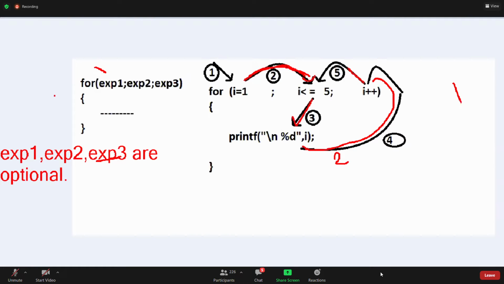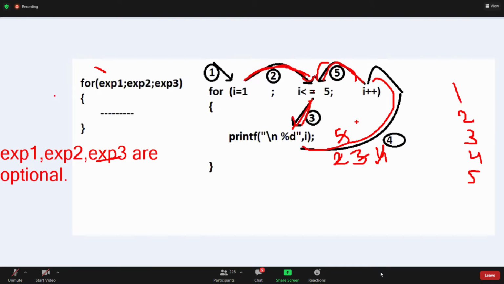Next, it checks the condition: 2 less than or equal to 5. Then the i value 2 will be printed. Again, i plus plus, 3. 3 less than or equal to 5, 3 will be printed. Again i plus plus, 4. 4 less than or equal to 5, 4 will be printed. Again i plus plus, 5. 5 less than or equal to 5, 5 will be printed.